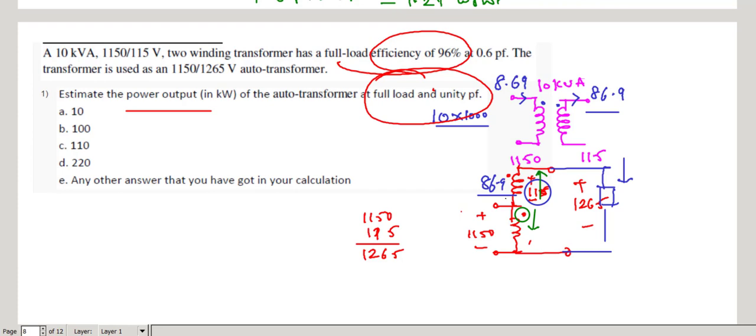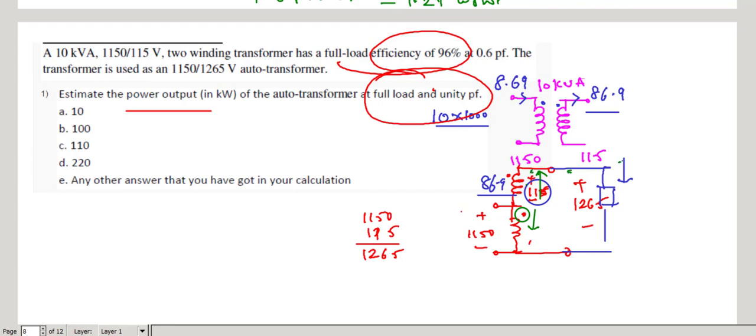So to satisfy Lenz's law, or the transformer action: if current enters the primary winding, it leaves the secondary winding, because the transformer is negatively coupled. If you have a primary flux, the secondary flux must oppose. It opposes when current enters the dot in one terminal and leaves the dot in another terminal, then only you have flux opposition. So according to transformer action, if current leaves the dot in one winding, in the other winding the current enters the dot.